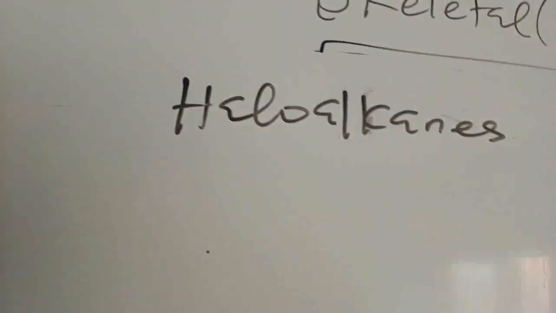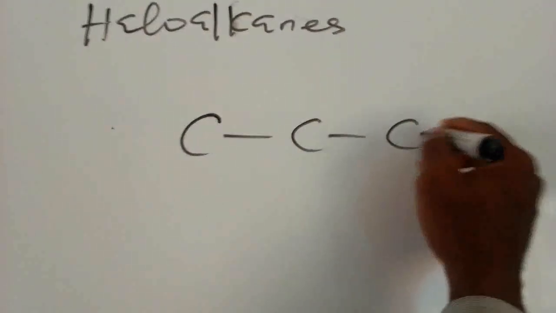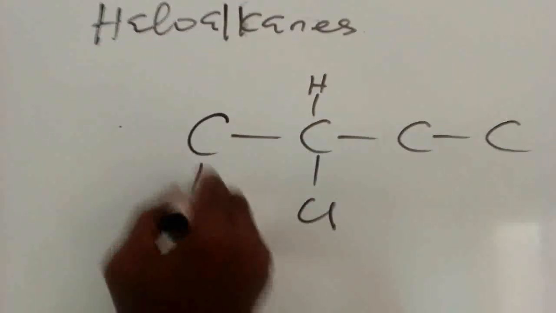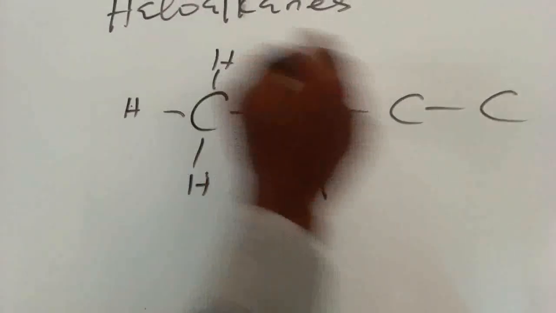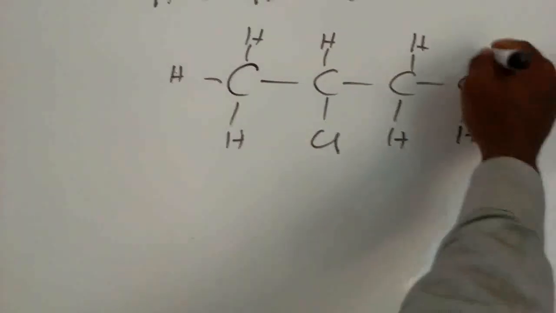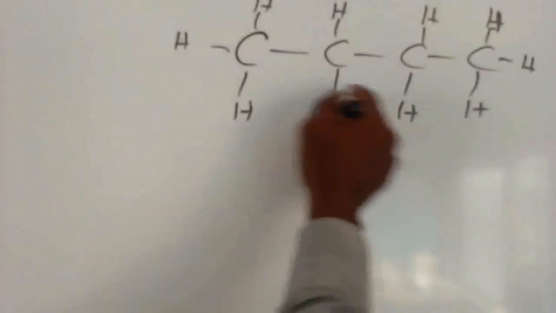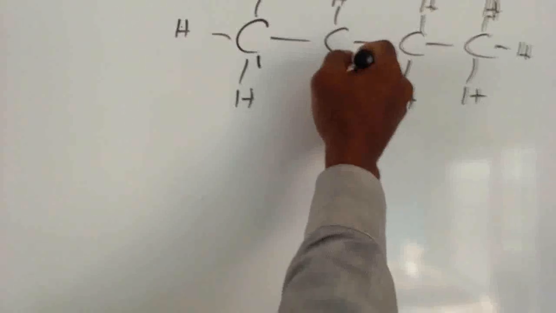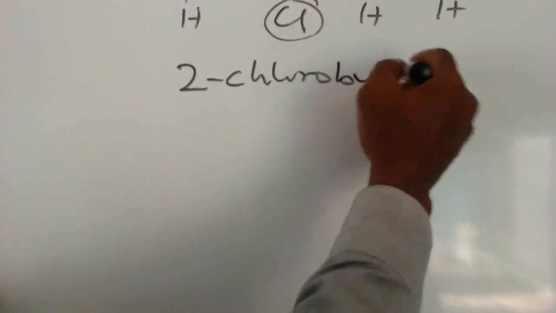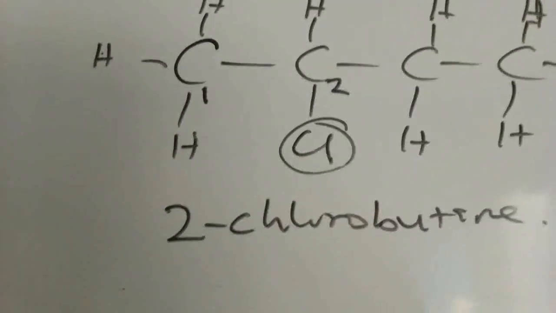Now let's draw the line formula of haloalkanes. Let me take an example, a simple haloalkane, on the board. Let me put chlorine here. A very simple one. For haloalkanes, the position here is lower, 1, 2. This is called 2-chlorobutane. To draw this line formula, there are 4 carbon atoms in butane,